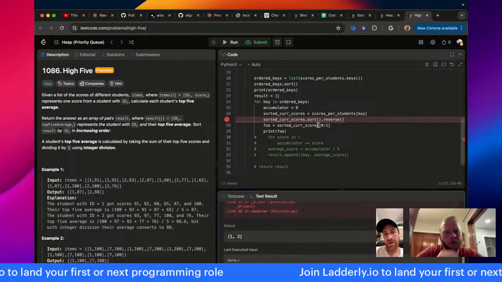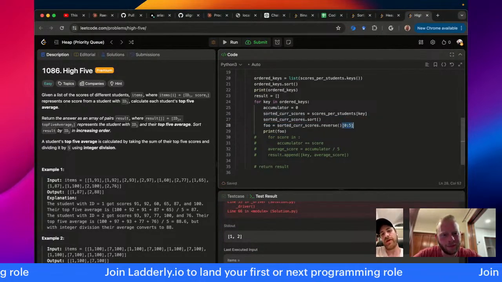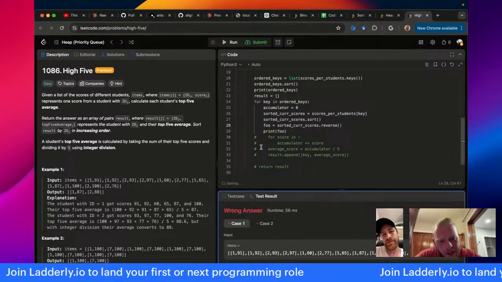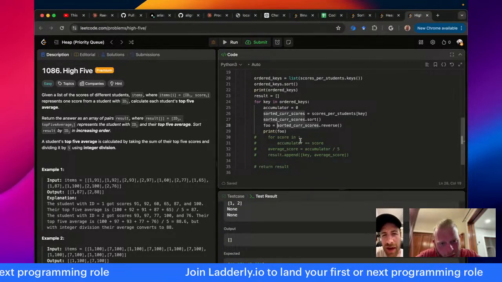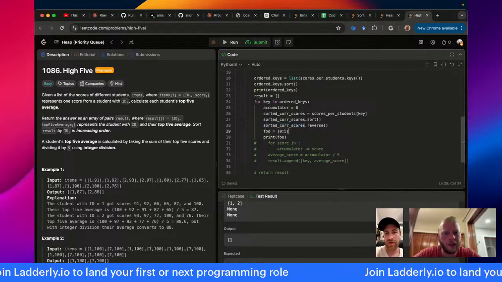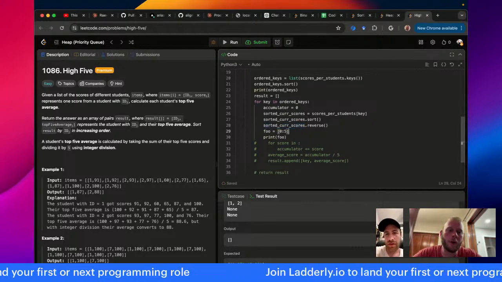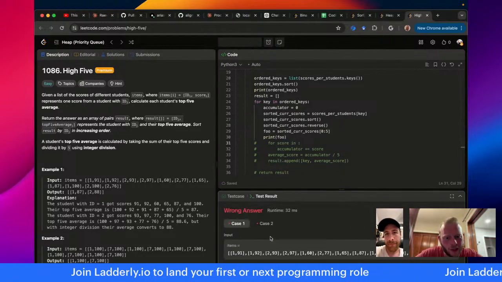I don't think you can do that. This is reverse equals true in the sort. I think we can do this. Can you do that? Oh, there you go. Unless I'm tripping. No, you might be able to. So here, I don't use the dot reverse. I mean, reverse equals true would be more concise if it works, but this is what's in my head.